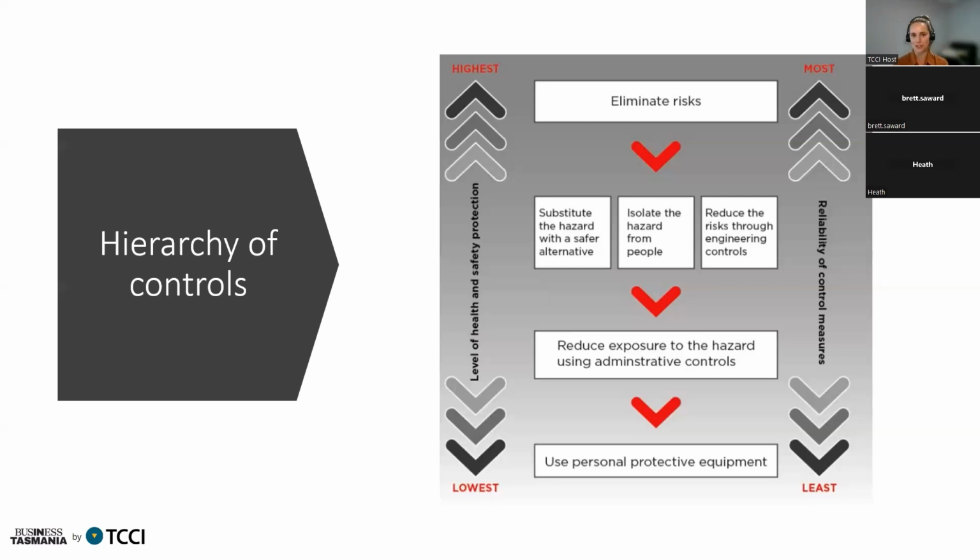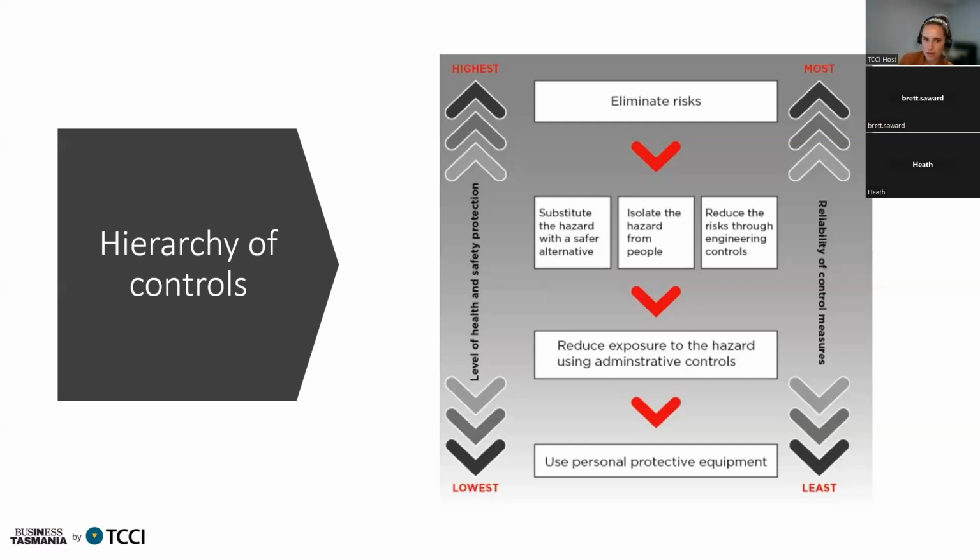We can have a combination of 3, a combination of 2, a combination of all of them mixed together. It doesn't really matter, but the higher up you go the hierarchy of controls, the more effective your control measure will be as far as reducing that risk score or reducing the exposure to that hazardous manual task